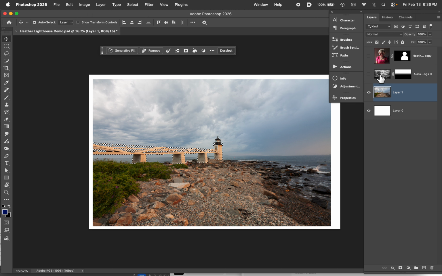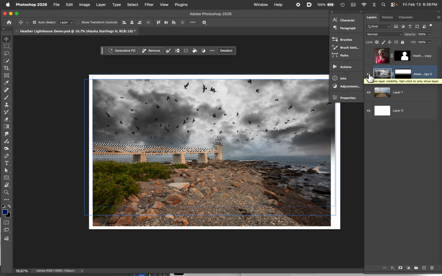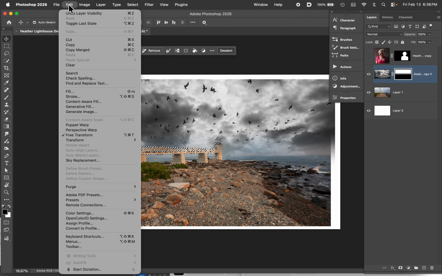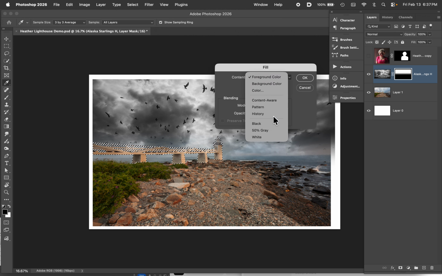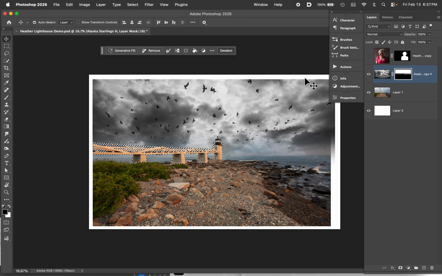Now I'm going to go back up into this layer, and with those selections active, I'm going to get onto that mask, and I'm going to fill with black. Foreground color happens to be black. If it wasn't, you could say fill with black right here. And what I've just done is punched kind of a hole visibly in this sky so that we can see it without it covering any of the